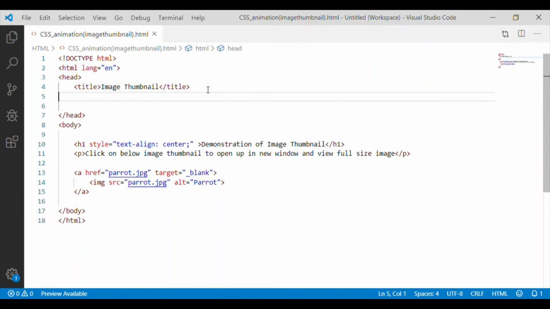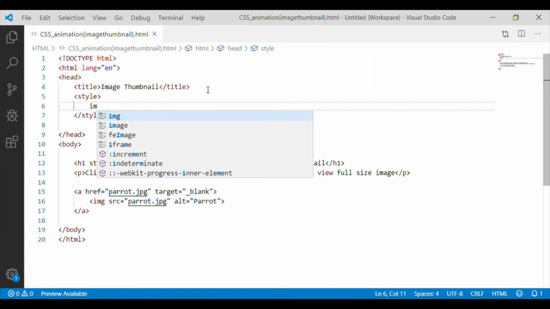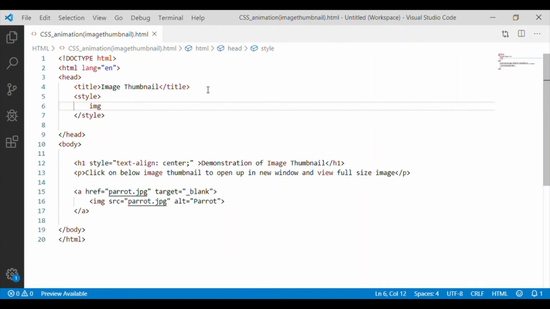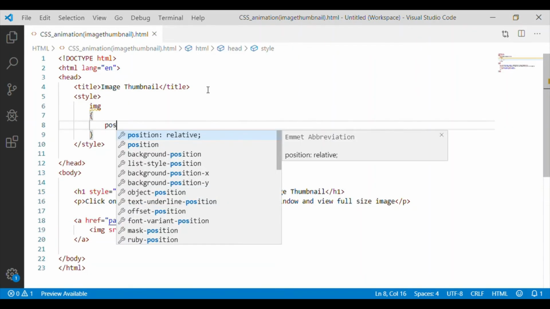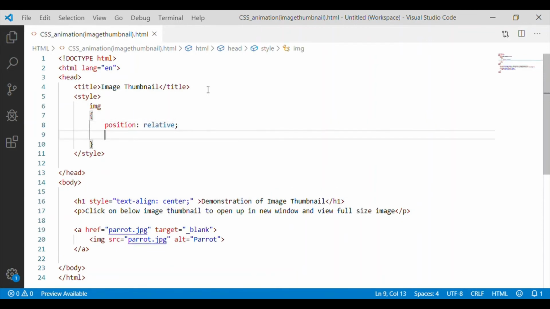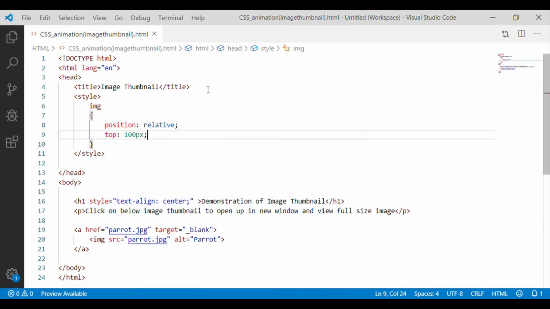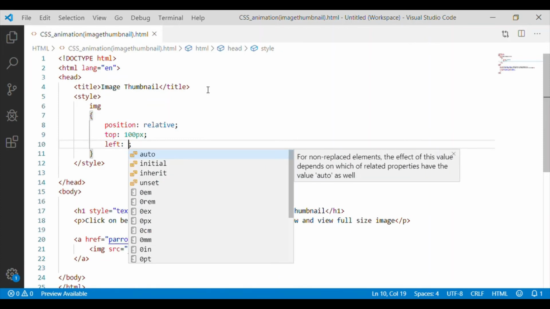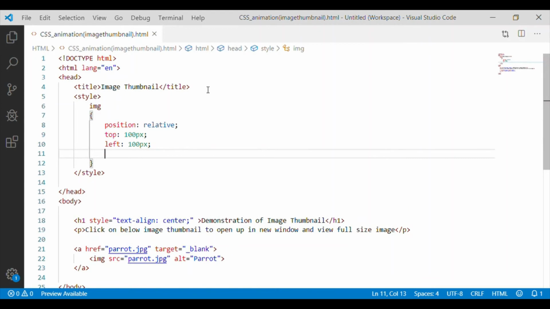And going for the styling portion, as the image is the thumbnail, we will give styling information for the image. I would like to have the image in a relative position from the top 100 pixel and from the left 100 pixel.